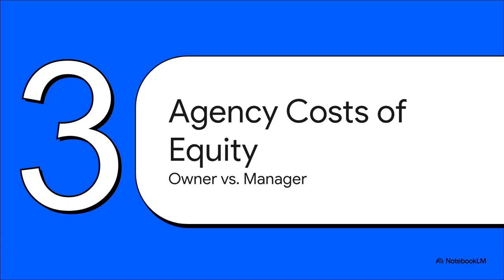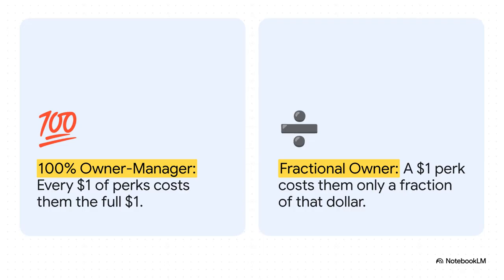All right, let's get into the first big part of the model. This is the classic scenario they walk through. What happens when an entrepreneur who runs their own company decides to sell off some stock to outside investors? Think about it like this. If you own 100% of your company, every single dollar you waste on something for yourself is a dollar straight out of your own pocket. But now imagine you sell half the company to someone else. That same dollar you spend on, say, a fancier office only costs you 50 cents. The other 50 cents is now coming out of your new partner's pocket. See the problem? The incentive to splurge just got a lot stronger.